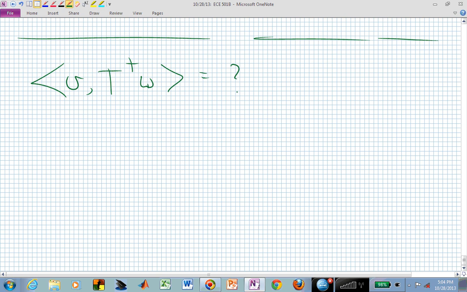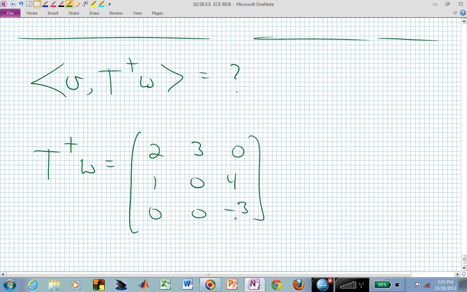So let's look at the adjoint that we produced operating on W, and W was the YZ plane. The adjoint was 2, 3, 0, 1, 0, 4, and 0, 0, minus 3. Bless you. I hope that was the right matrix. And this was now the YZ plane,